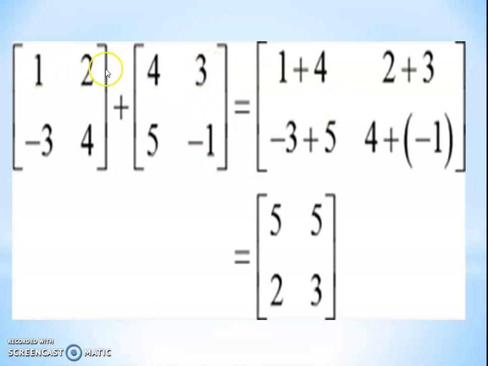So 1 plus 4, 2 plus 3, minus 3 plus 5, 4 minus 1. 1 plus 4 is 5, 2 plus 3 is 5, minus 3 plus 5 is 2 and 4 minus 1 is obviously 3. So from all these examples, we understand that if both matrices have the same order, then we should add the elements allotted to the same position. So we have described in detail how to calculate the 2 by 3 order matrix addition, 3 by 2 matrix addition, 2 by 2